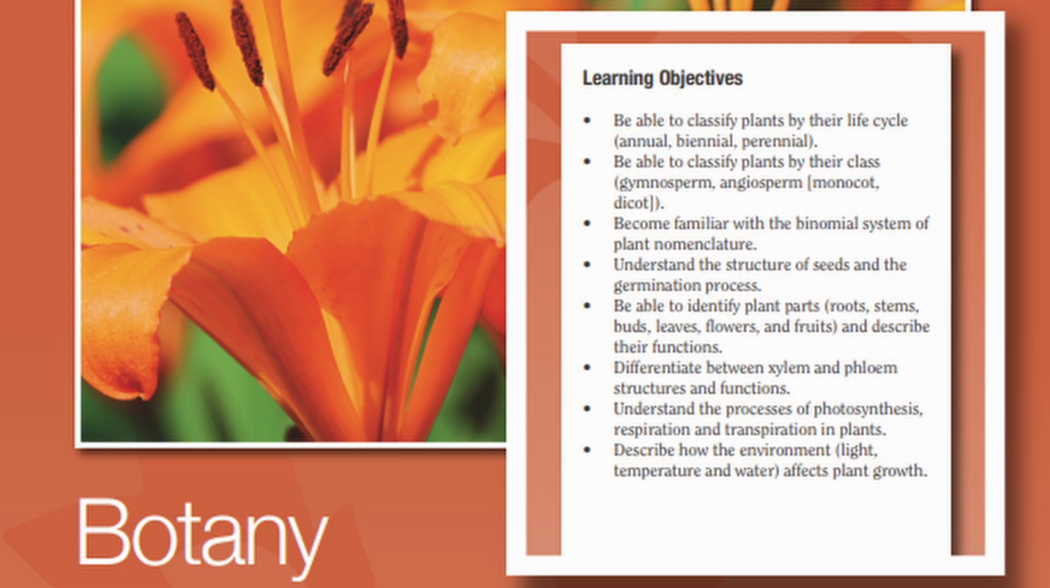So I've now completed the first section of the Master Gardener program, and that was botany. The learning objectives were to be able to classify plants by their life cycle, annual, biennial and perennial, be able to classify plants by their class, Gymnosperm, Angiosperm, Monocot and Dicot, become familiar with the binomial system of plant nomenclature, understand the structure of seeds and the germination process, be able to identify plant parts, roots, stems, buds, leaves, flowers